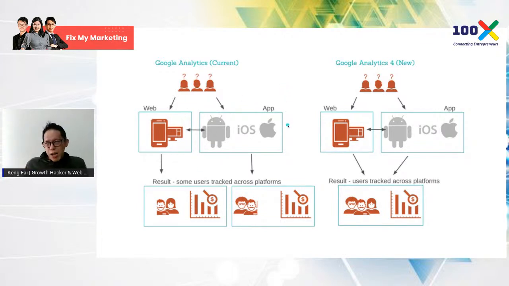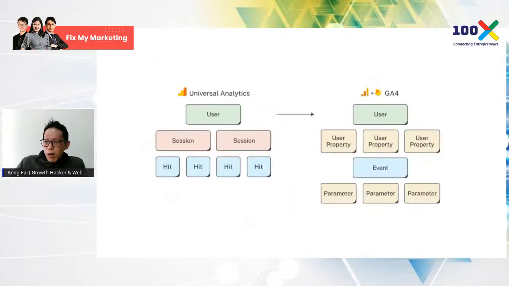So using this method, we call it the FLoC method, FLOC. They're using this method whereby they will not know who you are. It's still anonymized, but even though you do it in web or in app, they will know who you are based on this call. We call it user profile or user properties. All right, so this is the old way of doing it.